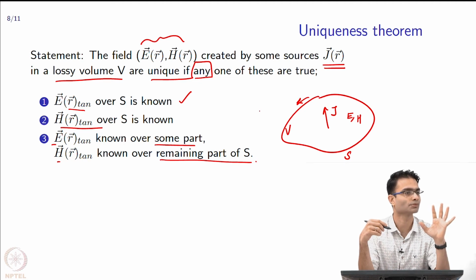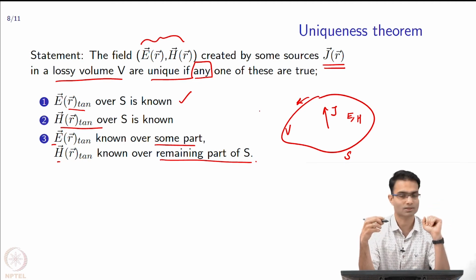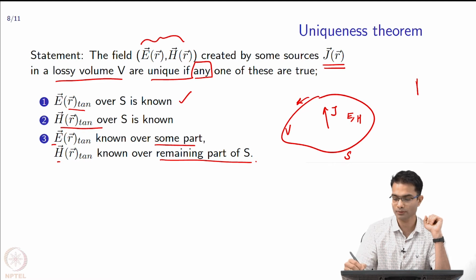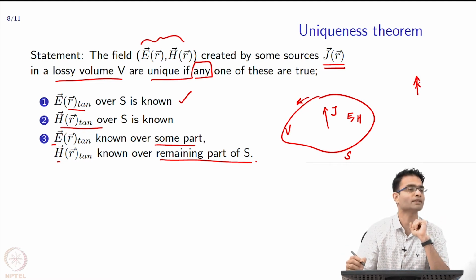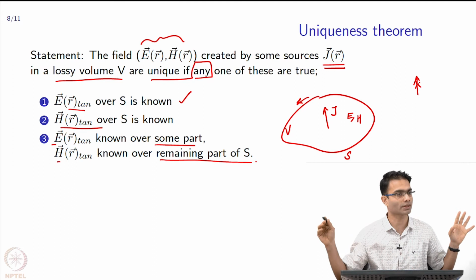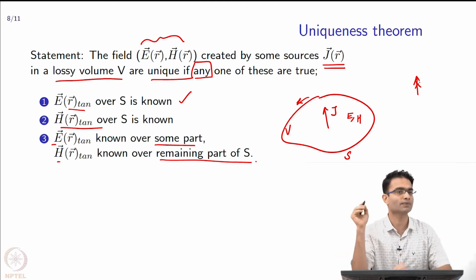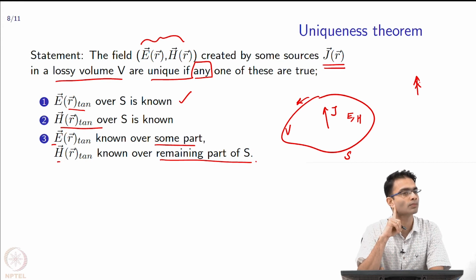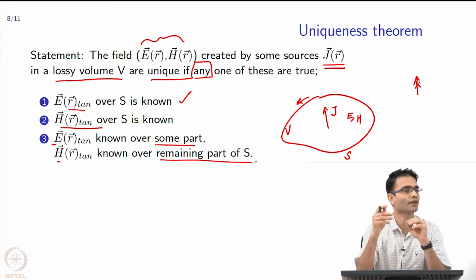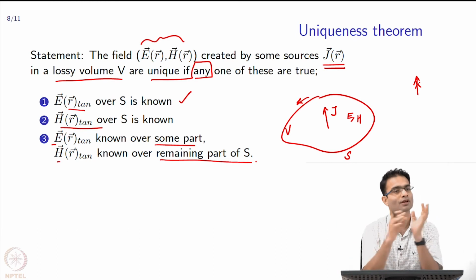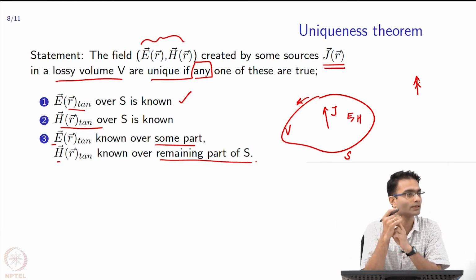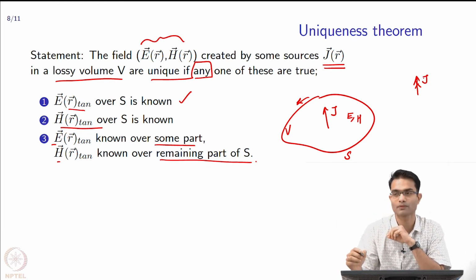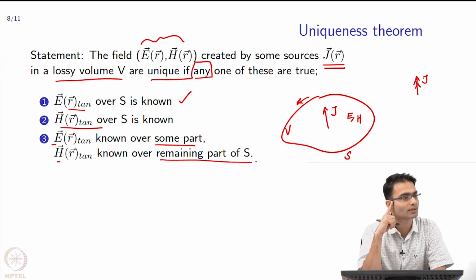Now, you might ask, supposing I put an antenna like this over here and it is in free space, absolutely nothing anywhere. In this case, will the fields be unique? There is no boundary anywhere, it is in the middle of interstellar space. Will the fields that you get from this antenna, supposing I have specified the current over here, be unique? The answer is yes, because